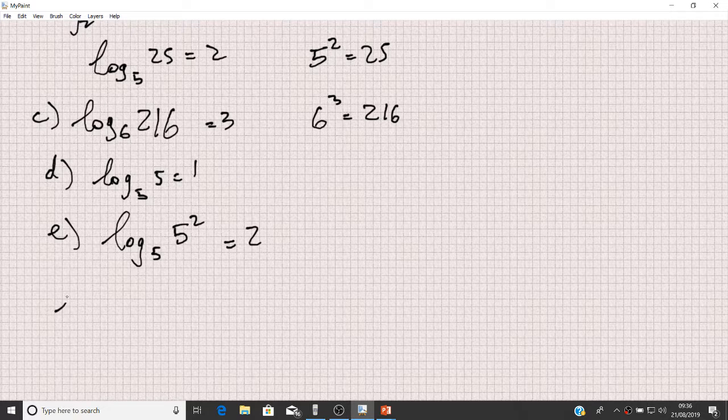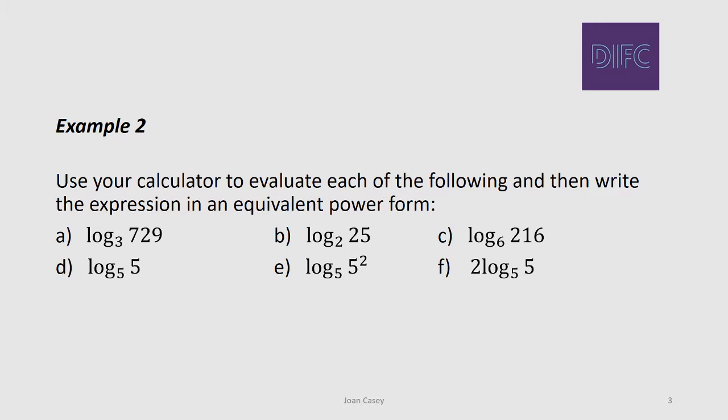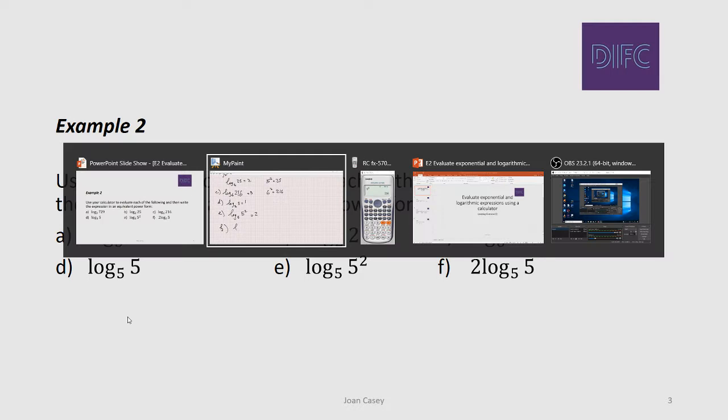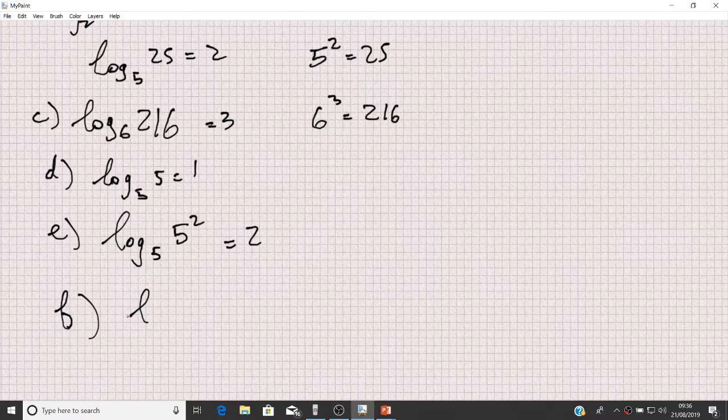And then the final example, F, is 2 log base 5 of 5. So we know log base 5 of 5 is 1, so 2 log base 5 of 5 must equal